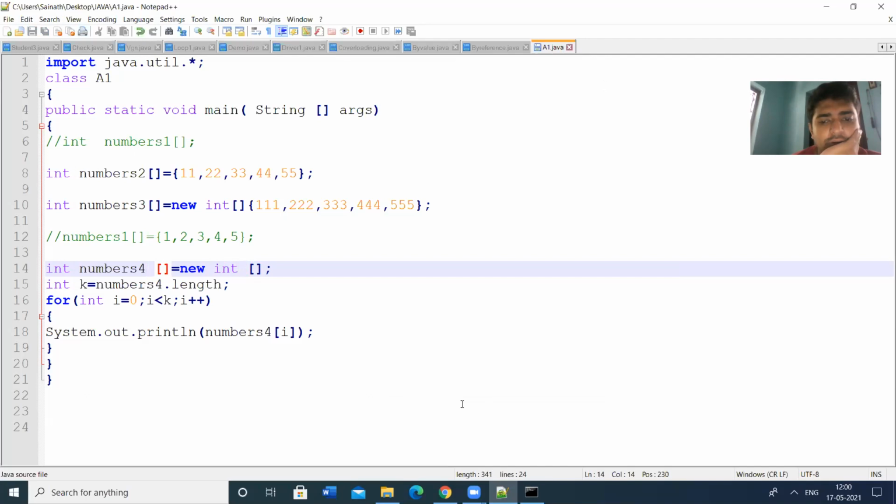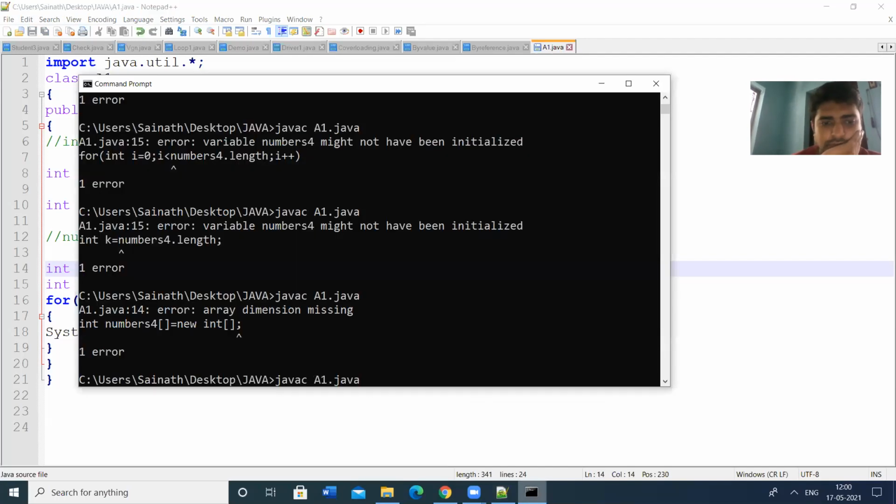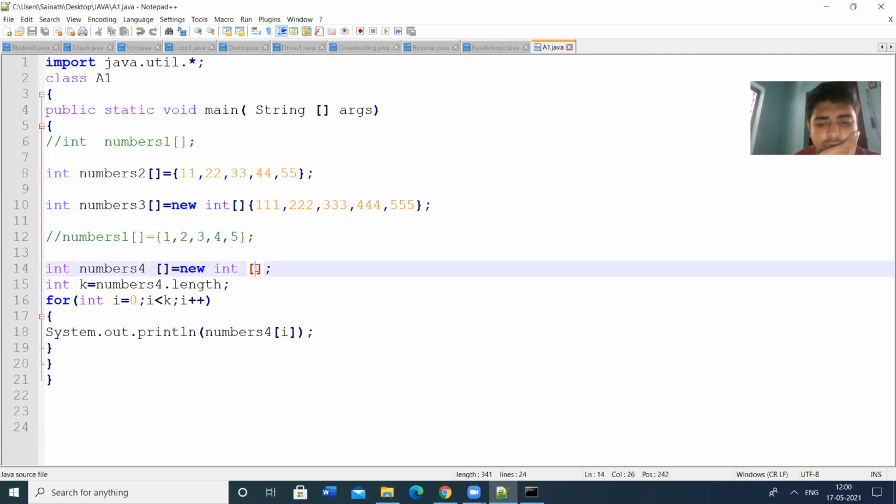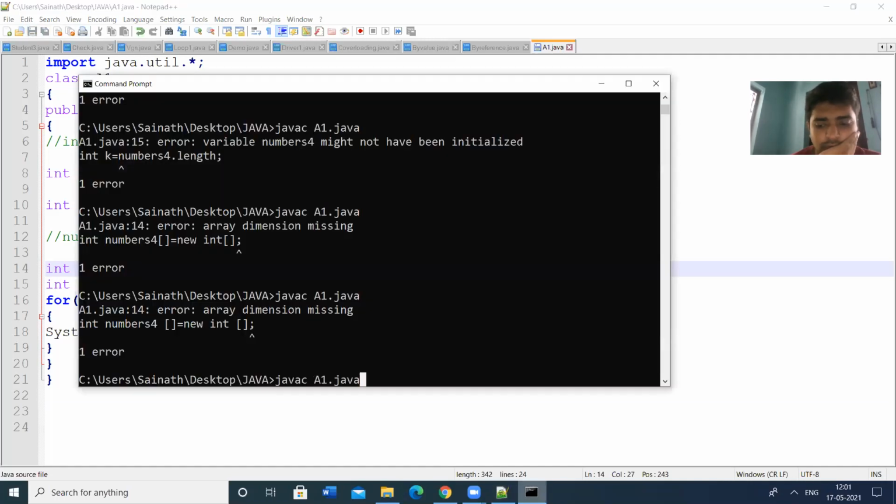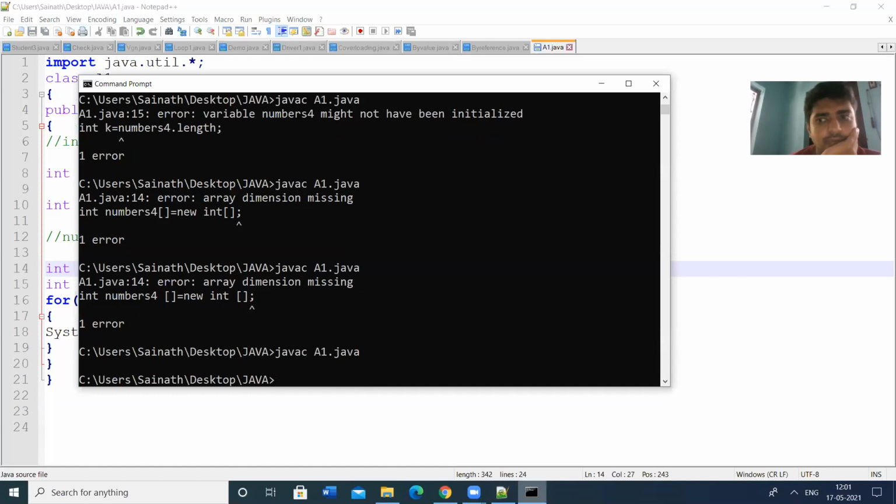I think I have to give the size. So let us give the size also. So the program is compiled.